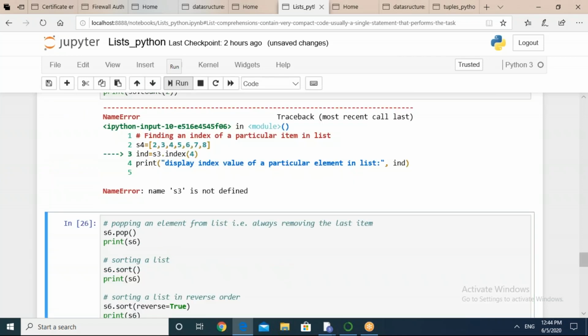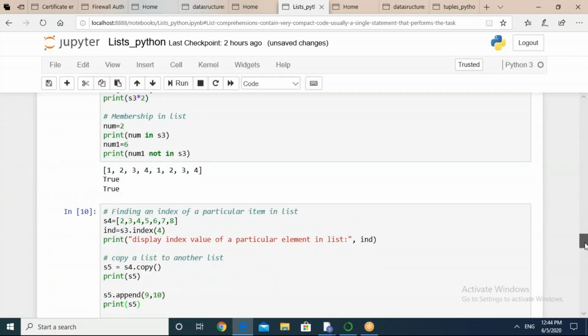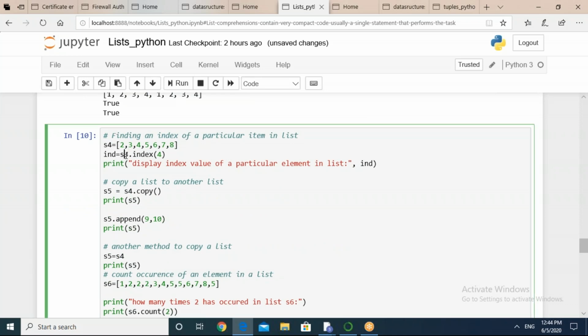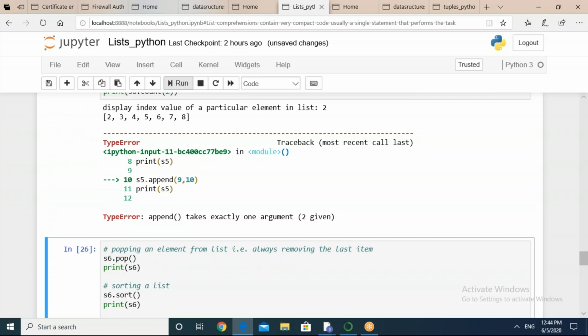So what is showing? Are you available here?